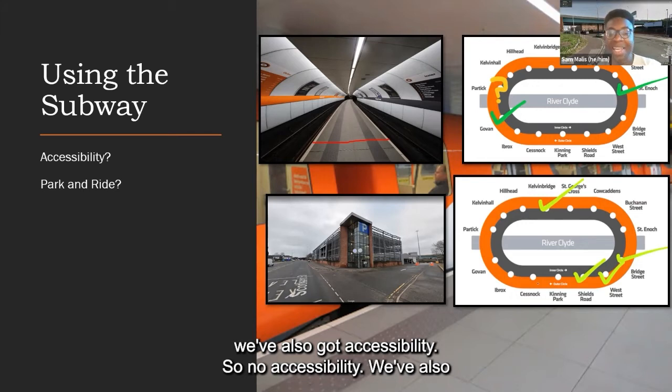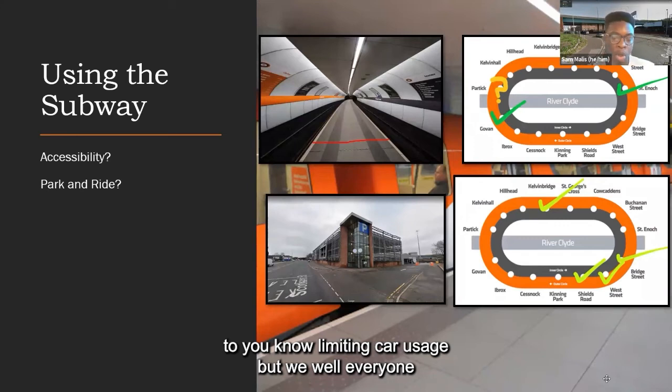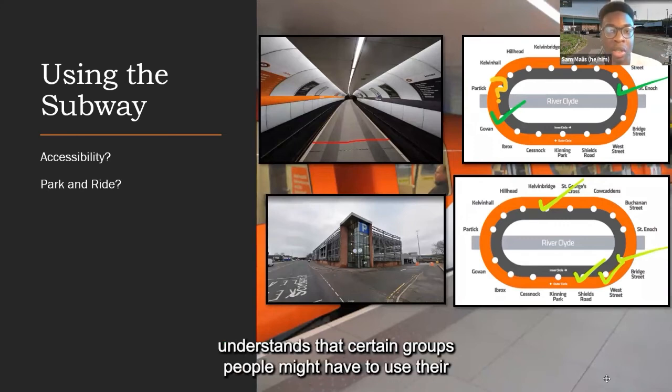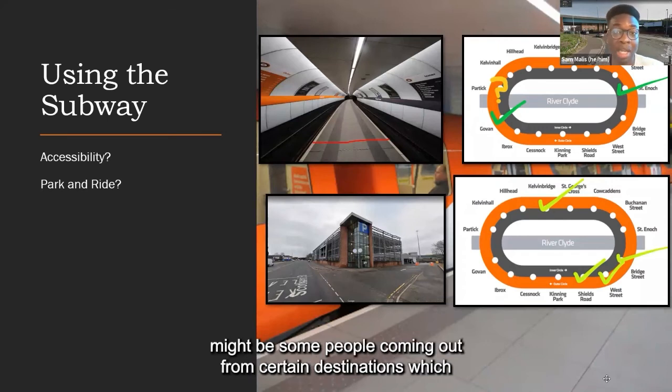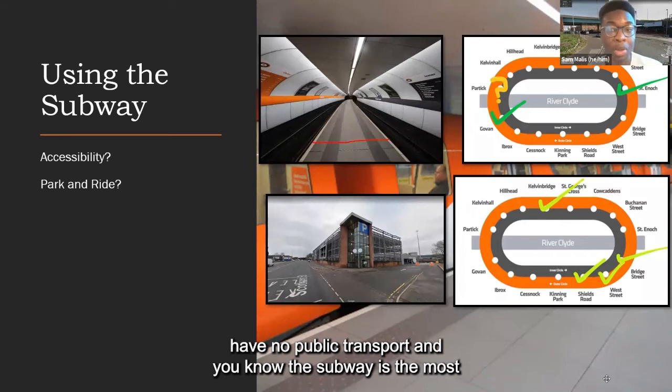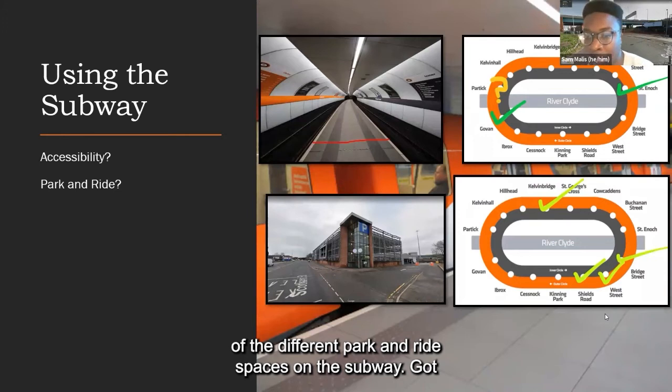Accessibility. We've also got park and ride. Of course, there's the whole push to limit car usage, but everyone understands that certain groups of people might have to use their cars to get into the city. There might be some people coming from certain destinations which have no public transport, and the subway is the most convenient. So on this map here, we have basically a ticking of the different park and ride spaces on